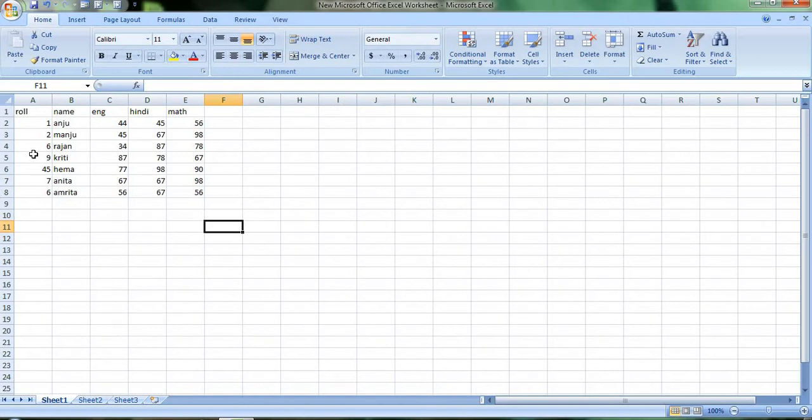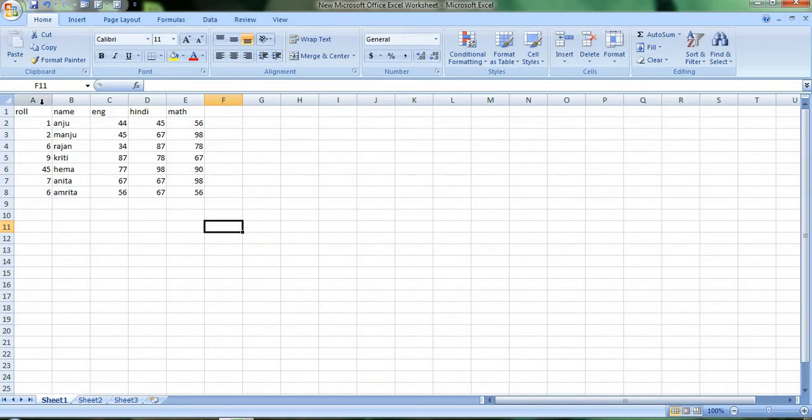Roll numbers will only contain the numbers of the students, and name will only contain the names of the students and not the roll numbers. Okay, that is called a field. Having a particular kind of data, similar data, is basically called a field, which is a column.